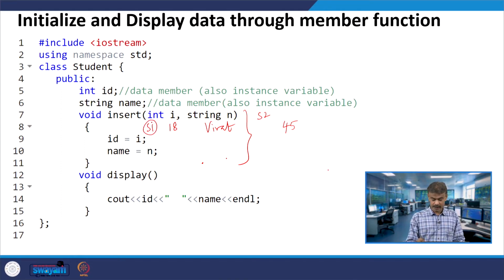So in the case of S2, i is 45 and the string n is Rohit. Then S2 dot ID will become 45 and S2 dot name will become Rohit.